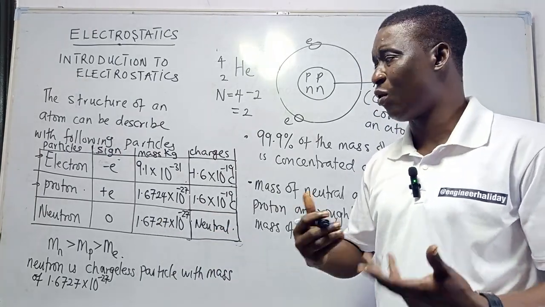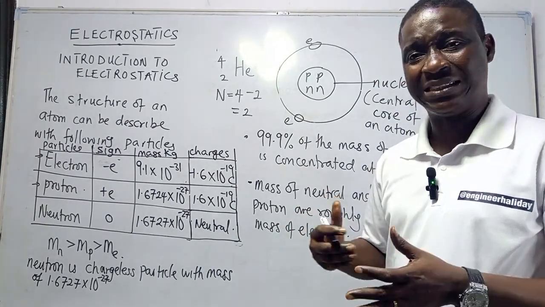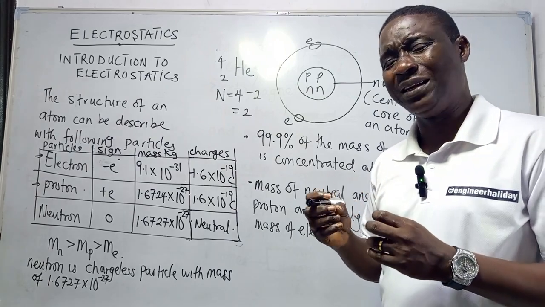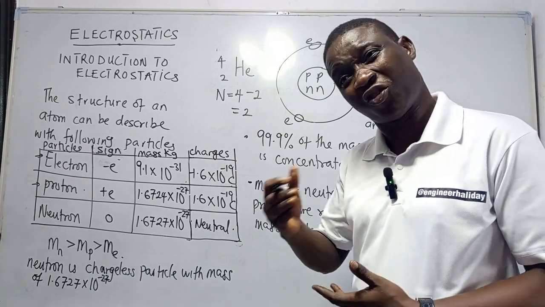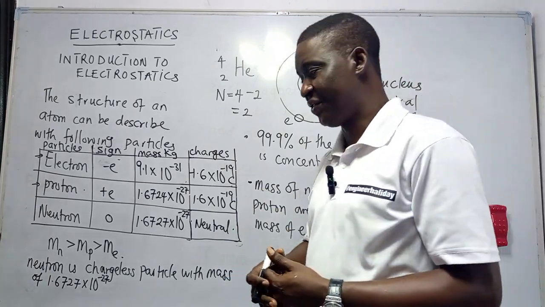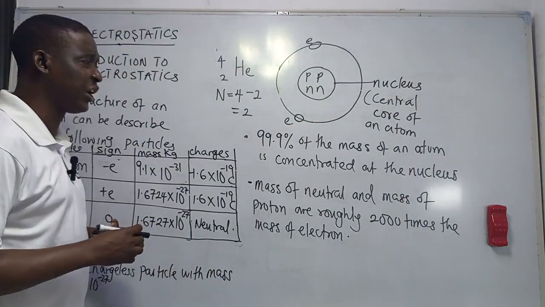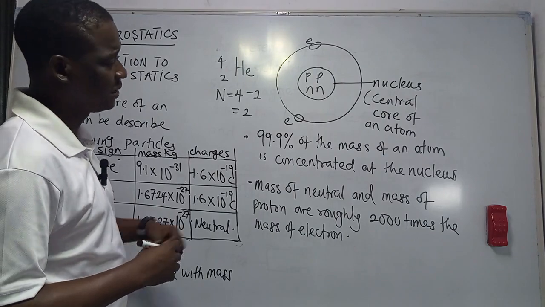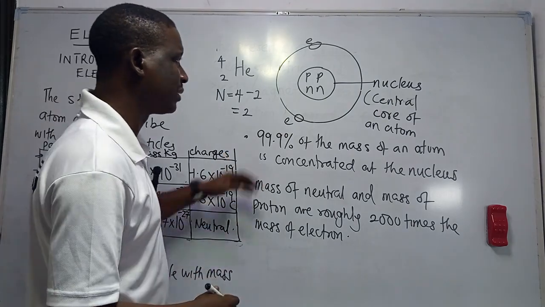You are going to be having 1.8 thereabout times 10 raised to the power minus 27, which, when you say approximately, has a difference of about 0.2 thereabout, which is approximately the same. Now, what we are saying is this: since the masses of the proton and the neutron are roughly 2,000 times that of the electron, that means that